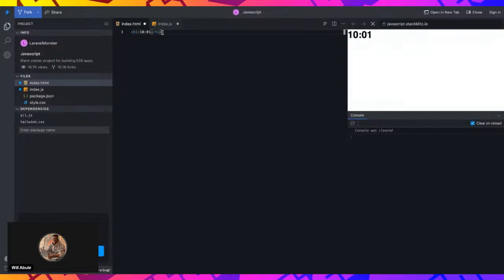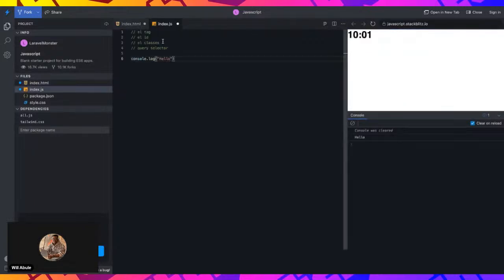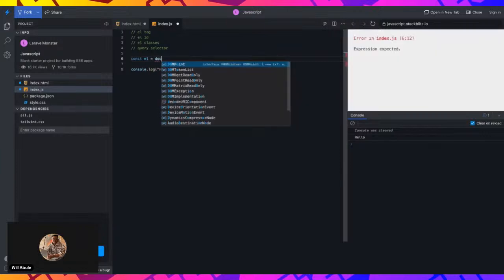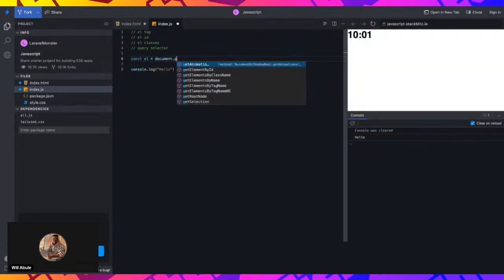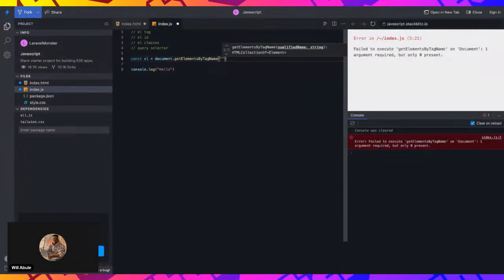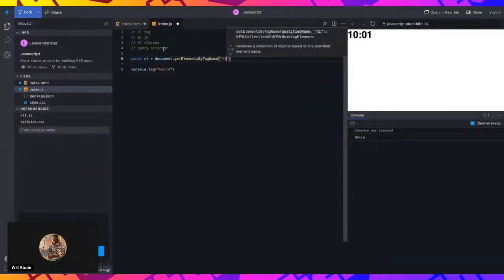Let's say we want to access this tag in our JavaScript, right? So to access by tag, there's this DOM method called document. Let's say const el to represent an element. So we are saying this element is going to be document.getElementsByTagName, and then we could specify the tag, which one, right? And now if I console log this element,